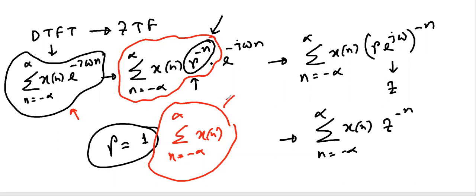So if the signal is not summable or square summable, you can't do the Fourier transform. We have talked about this. However, you can introduce this r to the power minus n. You can choose this value of r in such a way so that the system can be stable. And that actually represents the ROC